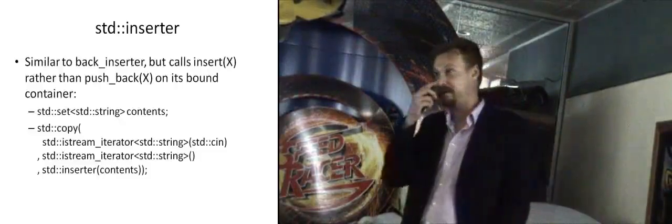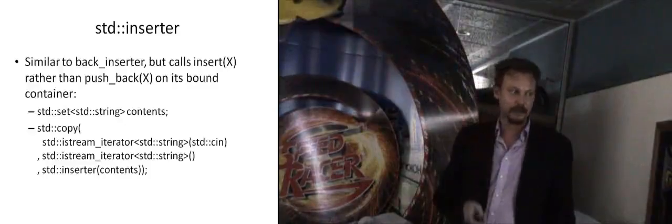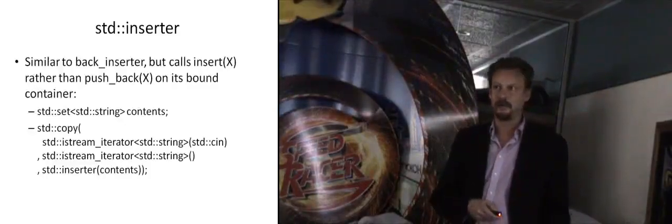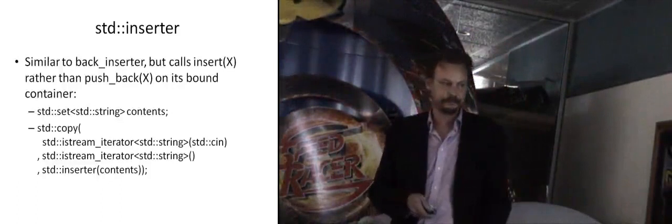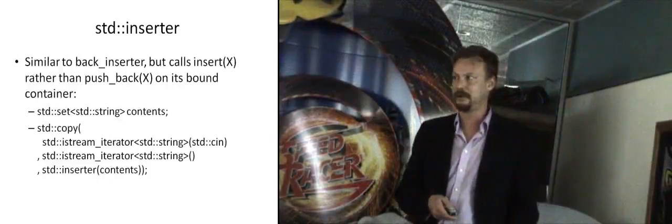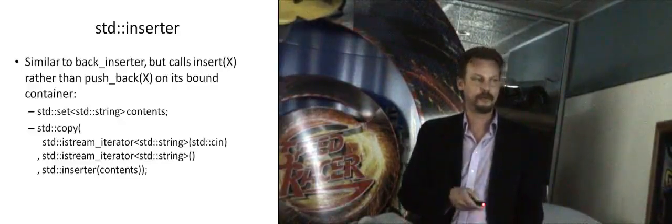As a side effect, and this is a sort of hateful thing which has been addressed in TR1, set is ordered. So you won't only get a set of strings, you'll get an ordered set of strings. Not only that, it'll be an ordered set of strings where each element is unique. So if you had the quick brown fox, the result of that will just be the quick brown fox.